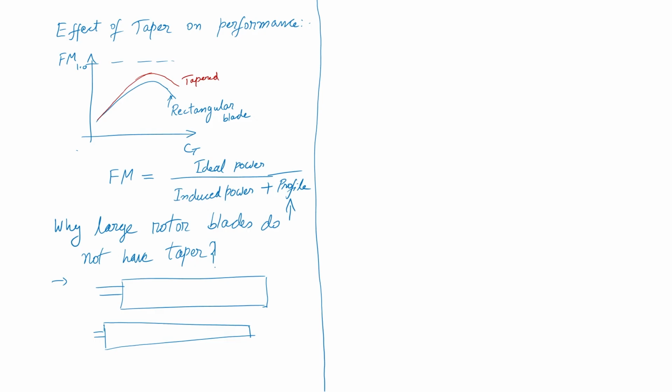That may be there, but more than that there are a couple of tricky things. One is of course the manufacturing process becomes more complex, so it may be more costly to make a tapered blade. Second is that in rotor blades, placing my sectional CG is very critical. And did I say very? I should say one more very. If you do not place it properly, it will have all kinds of problems, a lot of different problems. So that is again some form of aeroelastic consideration.